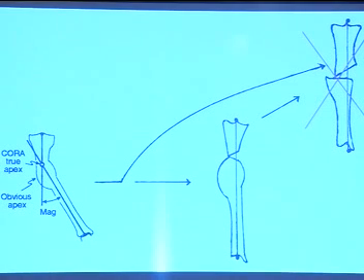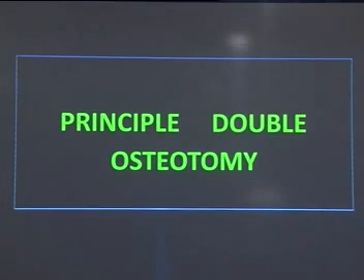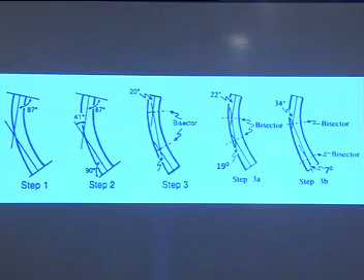I had an example of this, but I somewhere misplaced it. So now lastly, I will come to the principle of double osteotomy. In a situation where there is a curved bone, where there are multiple apical deformities, we don't want to do an osteotomy everywhere. We want to do two osteotomies. So what you have to do is you do an 87 degrees here and then 90 degrees here.